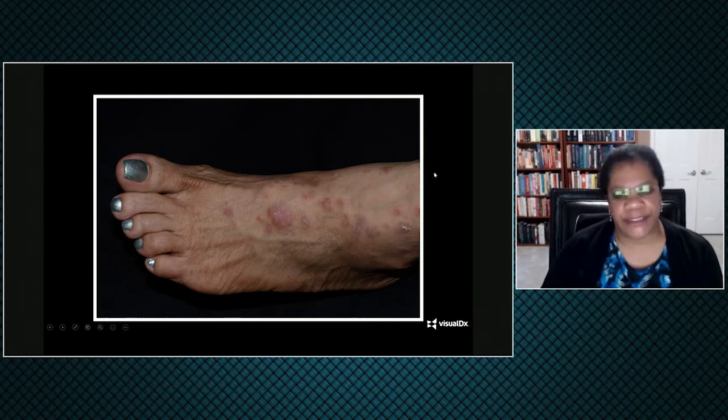Also, when I take pictures in clinic, in practice, I'm taking multiple shots at slightly different exposures, because it's sometimes difficult to tell, by looking at the image on the LCD screen, which one is the best image. So I tend to take a picture at a certain exposure, then I'll change it slightly, take another picture, change it slightly again, take another picture. And oftentimes I really don't get a sense of what the best image is until I upload those pictures onto my computer. So, the rule of thumb is